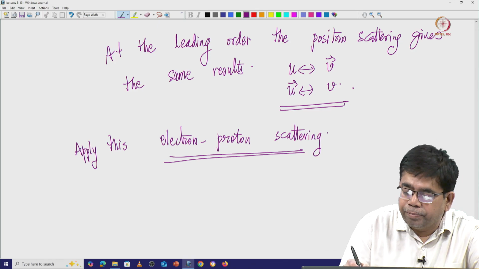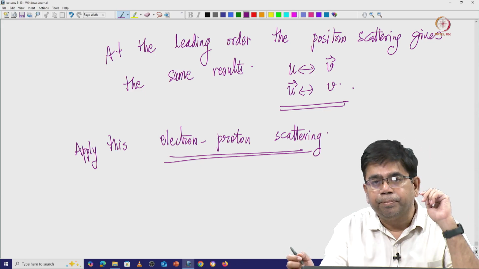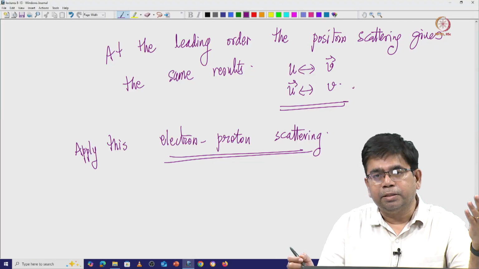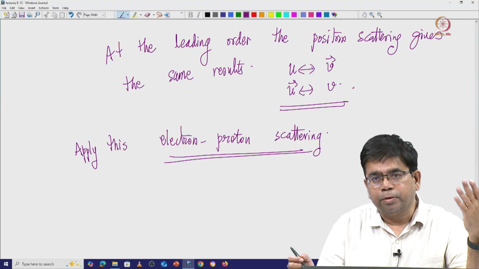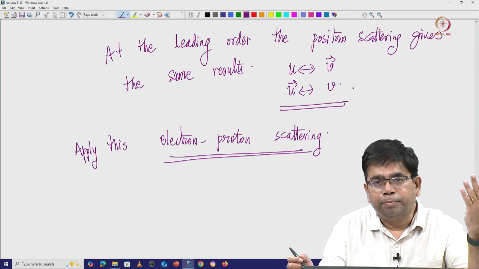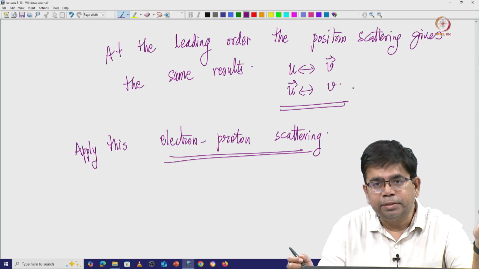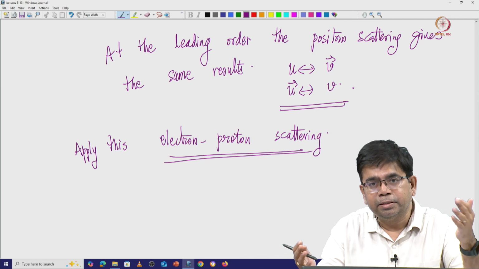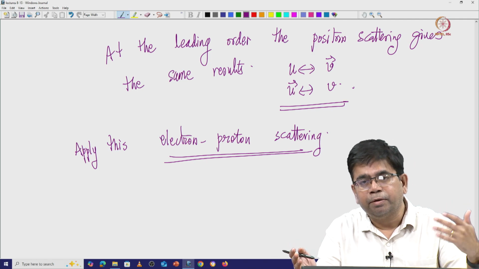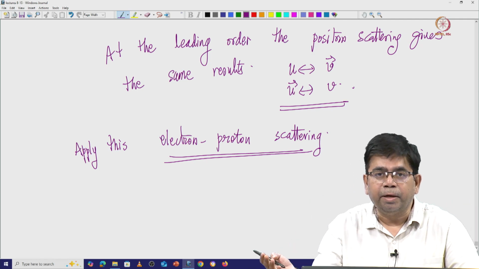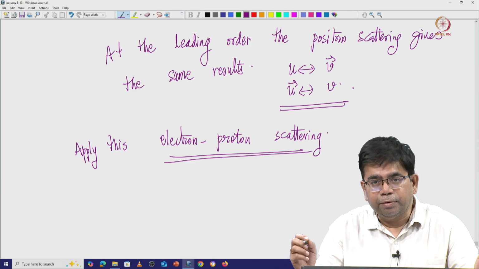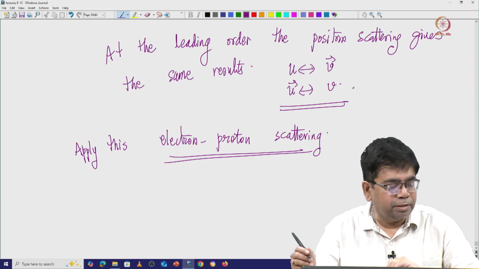Now, electron proton scattering will be a pure Coulomb scattering. There is no annihilation, because though the proton is positively charged and the electron is negatively charged, it does not mean that they annihilate each other. They are not of equal masses, they are completely different particles, because the electron has lepton number and the proton has baryon number. They have completely different quantum numbers. Okay. So the only scattering they can have is a Coulomb scattering.